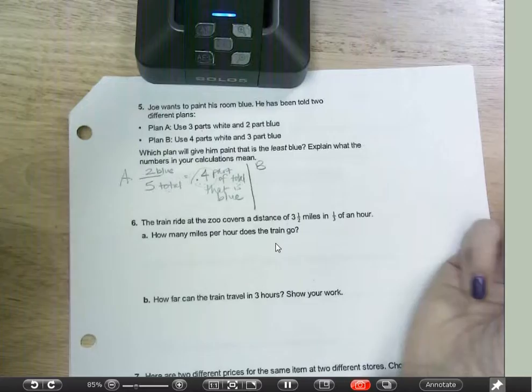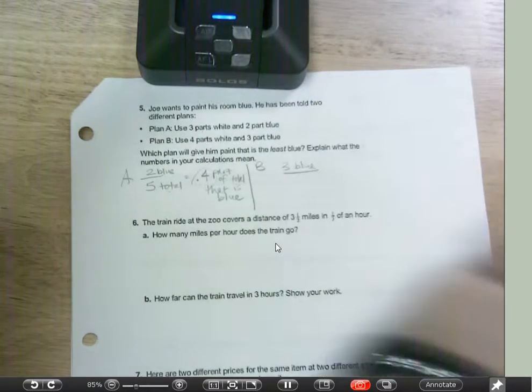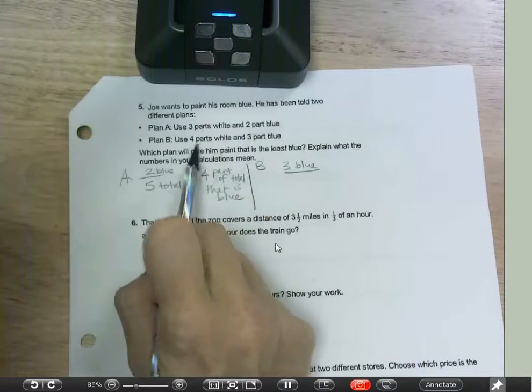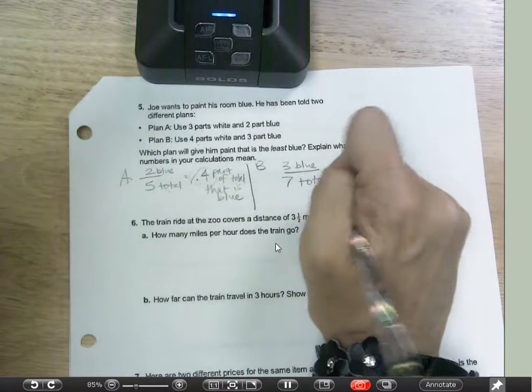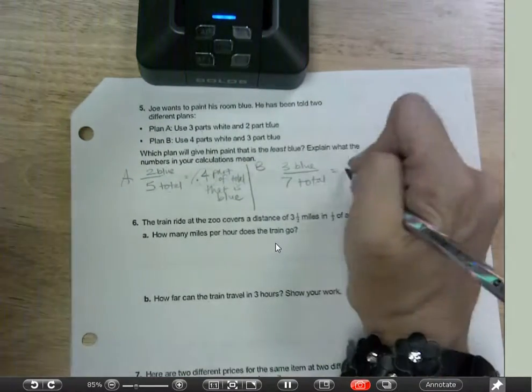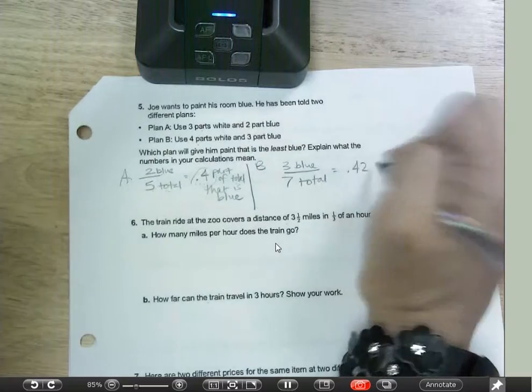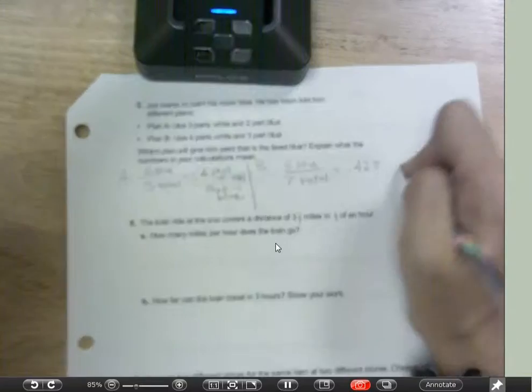So now for mixture B, we've got 3 parts blue, 4 parts white gives me 7 parts total. So now I'm going to do the same thing, 3 divided by 7, and I'm going to get 0.4285, and so on. So this means that this portion of the total